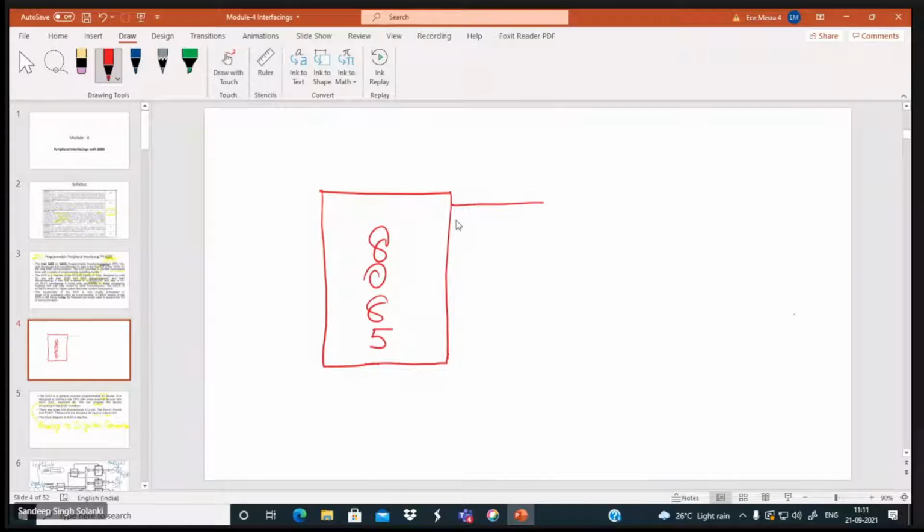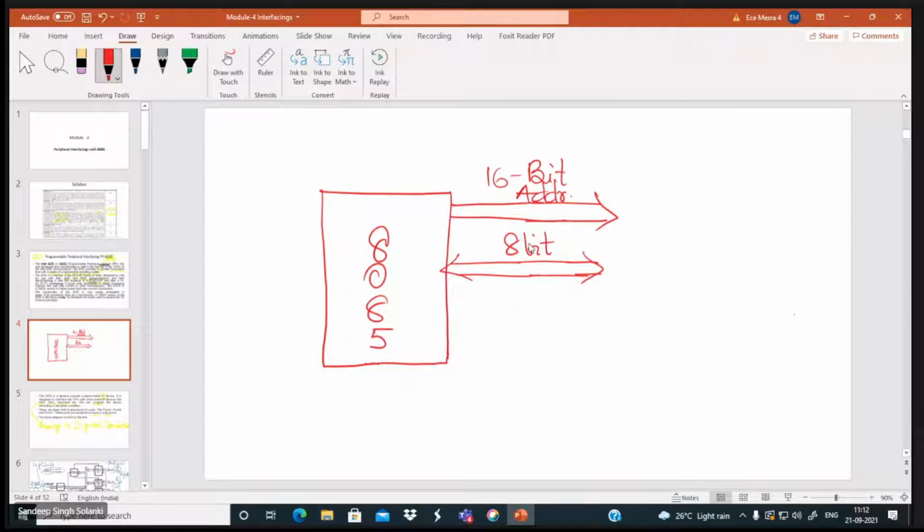What I am telling you, please mind here that we have 16 address lines, a 16-bit address line with 8085 and an 8-bit data line with 8085. The data line is bidirectional and the address line is unidirectional. I'm assuming that internally we have multiplexing and demultiplexing. So that part, 8-bit data line.